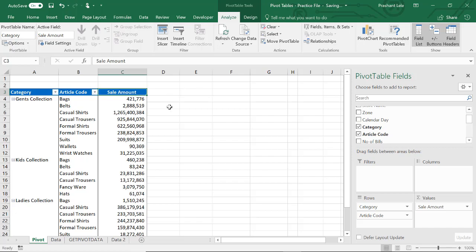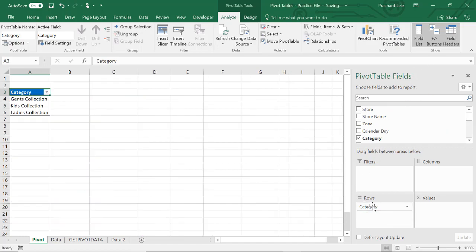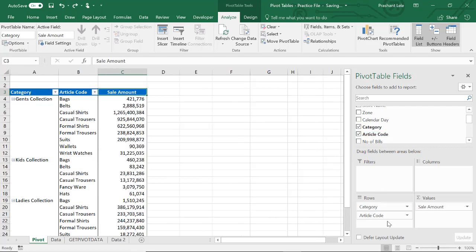After that, if you have created a big pivot table and later on you realize there is some error in it, you need to start all over again. Then what you normally do is you just keep on removing all the fields one by one like this. But if you have put a lot of fields like 10, 12, 15 fields in your various areas, removing them one by one will waste your time. So instead of that, you can just go here in the Analyze tab. You can just click Clear and select Clear All.